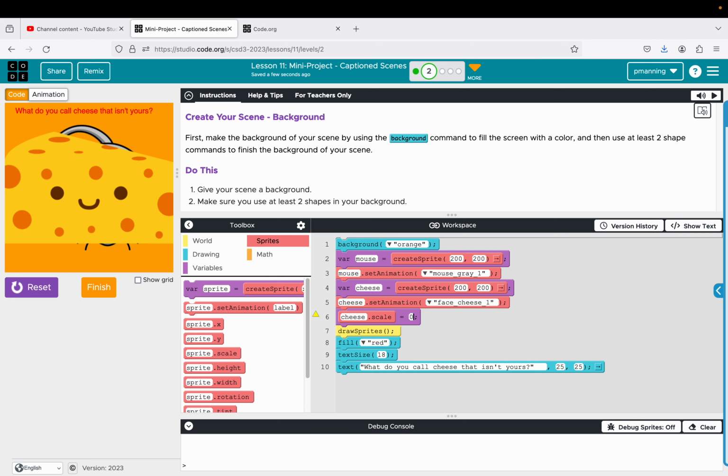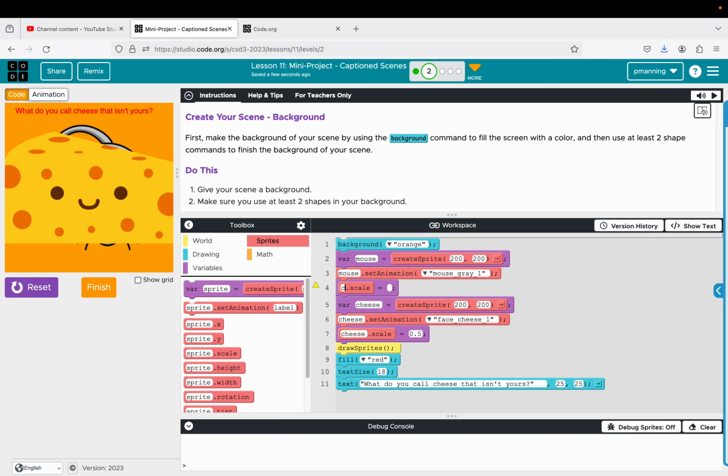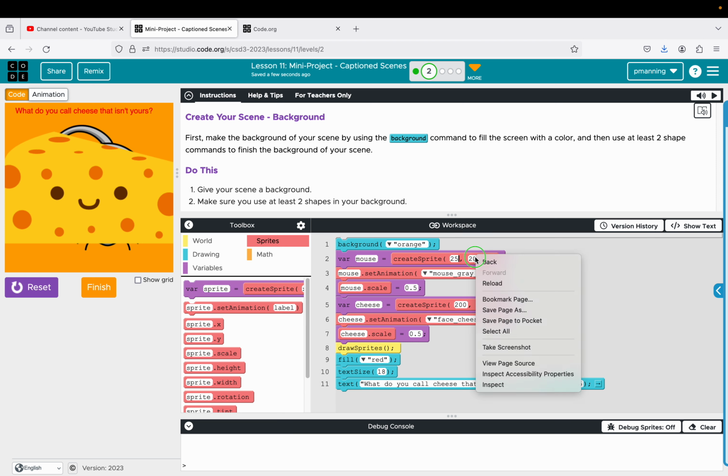Let's do the cheese to 0.5, mouse 0.5. And let's move the mouse over a little bit. So let's make it at about 25. Let's go 100. And let's move the cheese over to